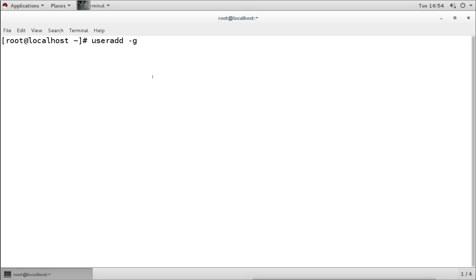So we have seen these options to create a new user account. But if we want to do it for an existing account, that means the account is already there, we can use the same options, but the command changes to usermod. It is user modify, and we use this command to modify the existing user's information. For example, to change the comment we use the same -c option, to change the shell we use the -s option, to change the home directory we use the -d option.